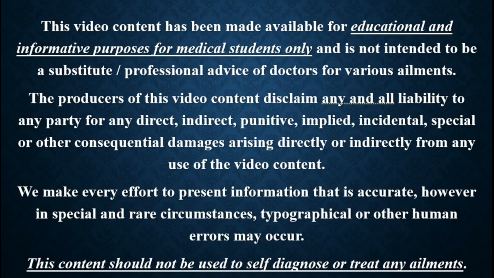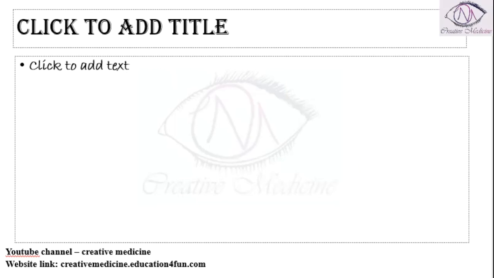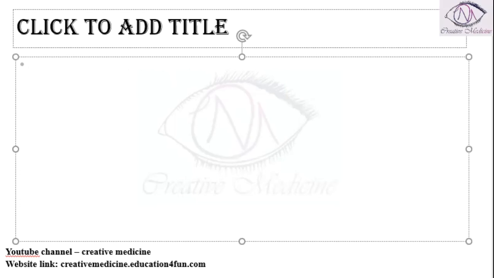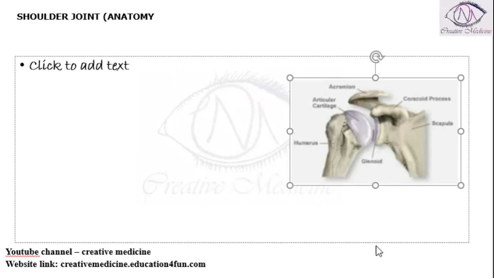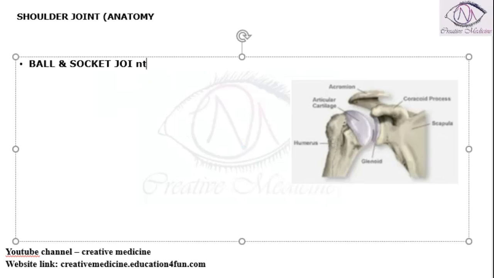In this lecture, we will learn about the shoulder joint. The shoulder joint is present between the head of the humerus and the glenoid process. The head of the humerus is covered by articular cartilage. Even the glenoid is covered by articular cartilage. This is mainly a ball and socket joint, where the ball is the head and the socket is the glenoid